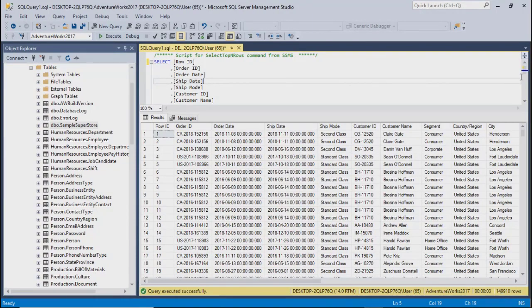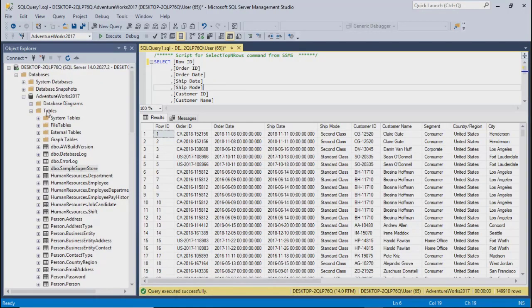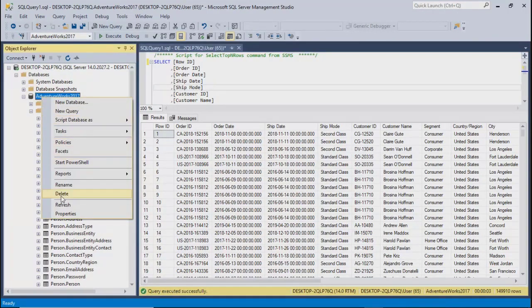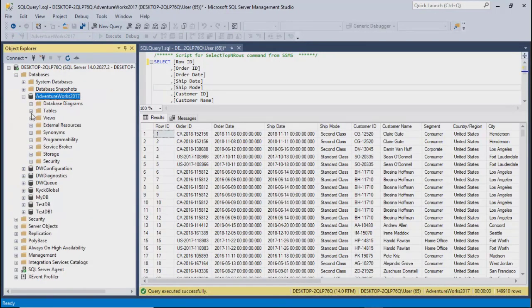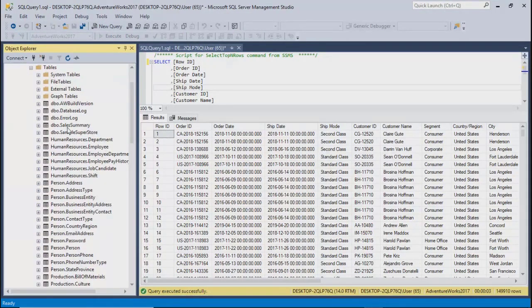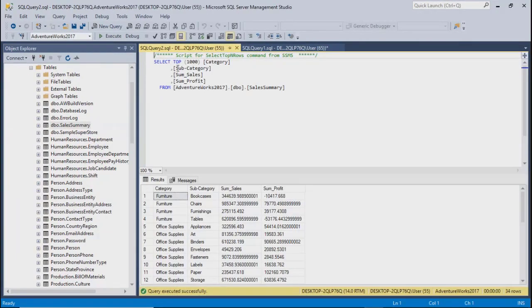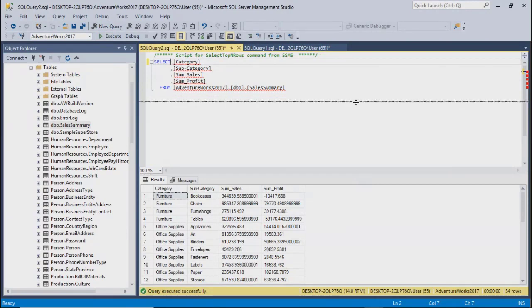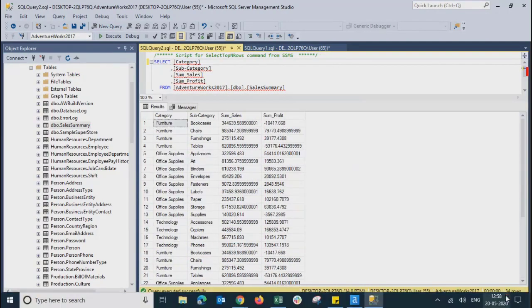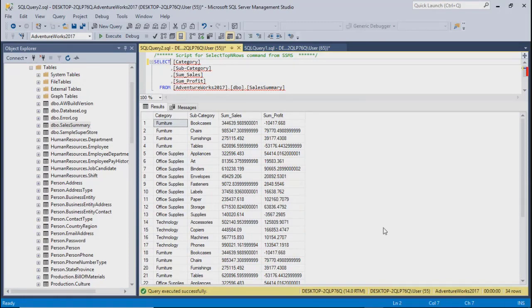And the same thing happened if you go by the other table that we created, the sales summary. I'll just refresh this here. Sales summary, top 1,000 rows. We'll remove top 1,000 and we'll run it. So see, I think we ran it twice. So that's why we are getting 34 rows. Right, the same record is getting repeated twice.